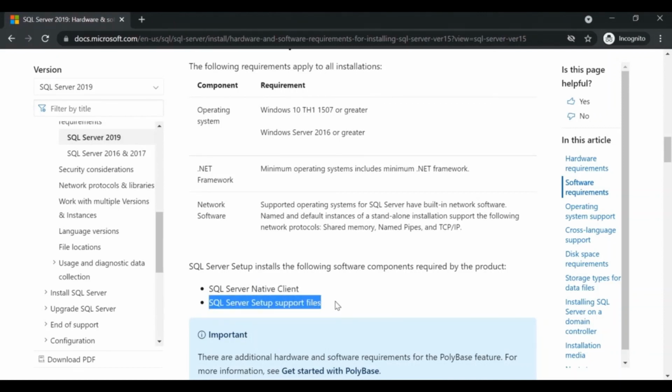So these are all the minimum and recommended software and hardware requirements to install SQL Server 2019 majorly, but the same requirements work for SQL Server 2016 as well. So that's it. See you in the next